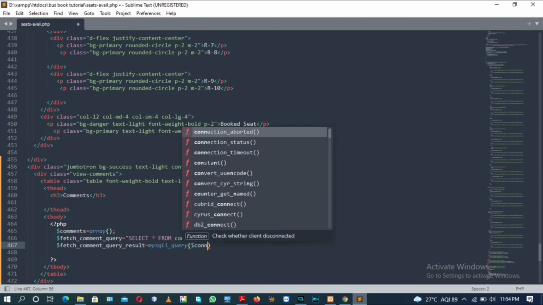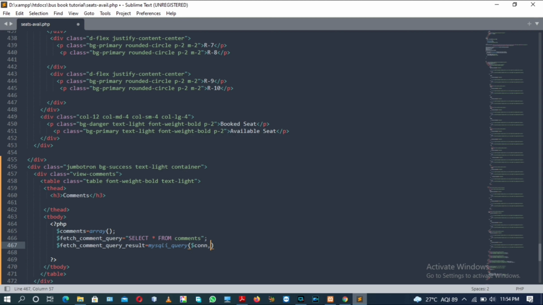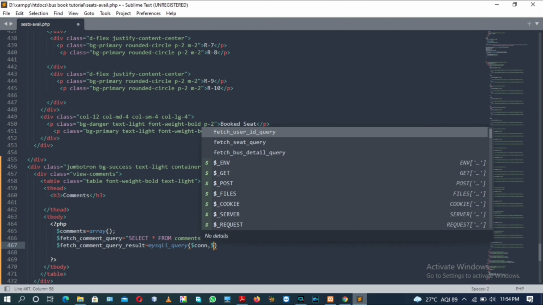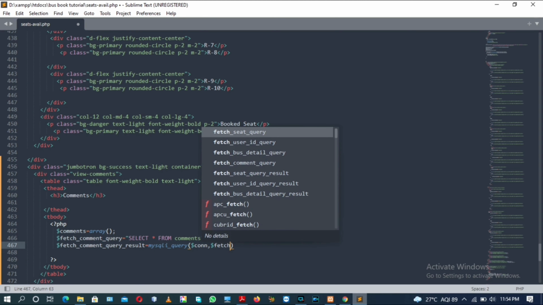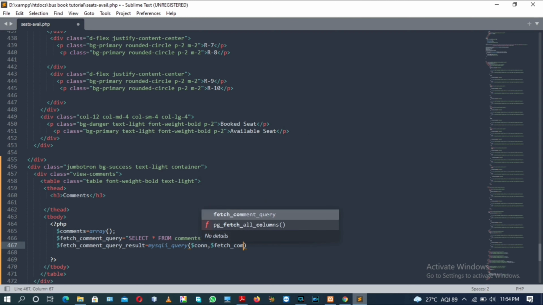That I explained earlier in the previous videos. Okay, this is the query variable.